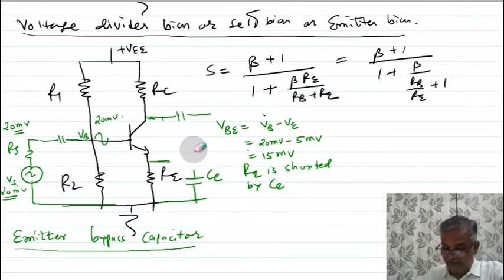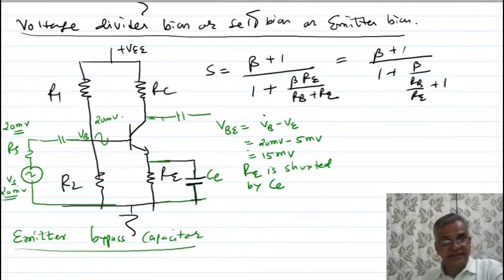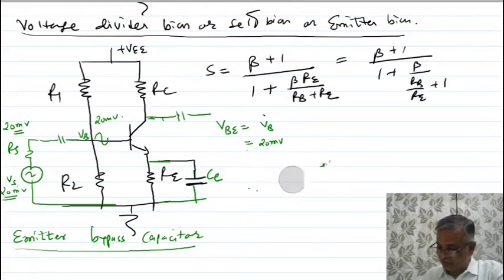Here there is no AC voltage, because what is the property of a capacitor? It allows only AC and blocks the DC. So whatever AC is here, that AC will be bypassed and will not develop. Therefore this is called a bypass capacitor. You will not get any loss in gain. There is no AC voltage, and your input voltage will remain 20.